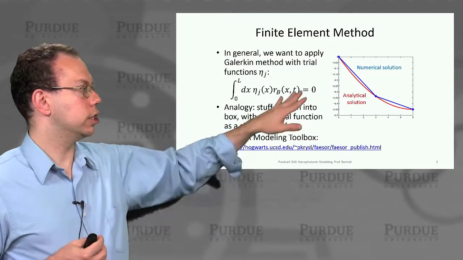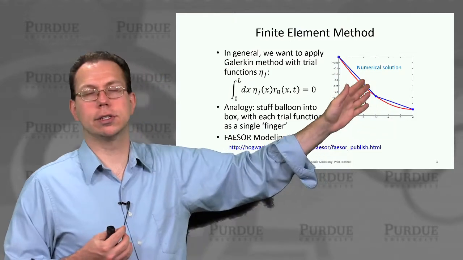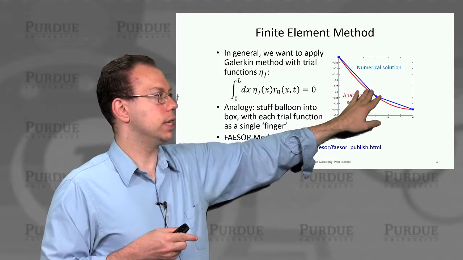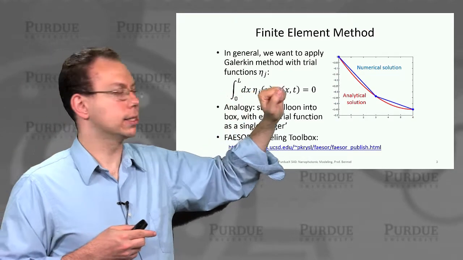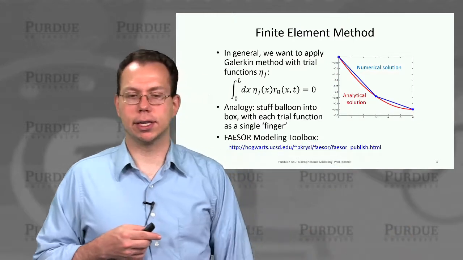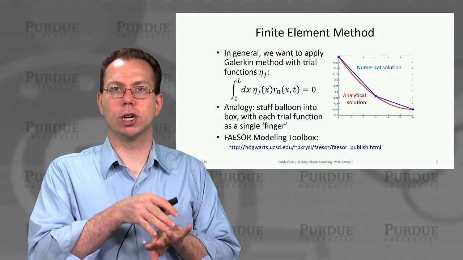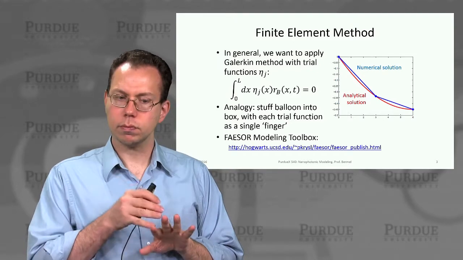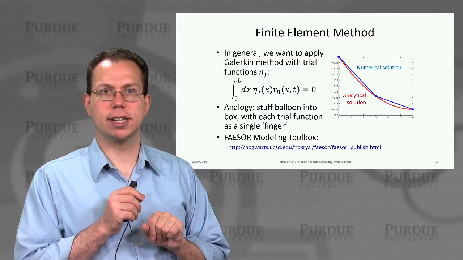And so what this is showing on the right-hand side is just if we have a problem and we have an analytical solution, so we know the exact solution, this is good for testing, then if we just have a few of these fingers, and we only allow ourselves to have a linear basis in each of the elements, then there can be some deviation, but we can match exactly like those endpoints. So of course you can see that the more of these fingers or more intermediate points we have, then the better we can match that analytical solution. And so that's, of course, what we typically would refine in what we call a grid-independent study.